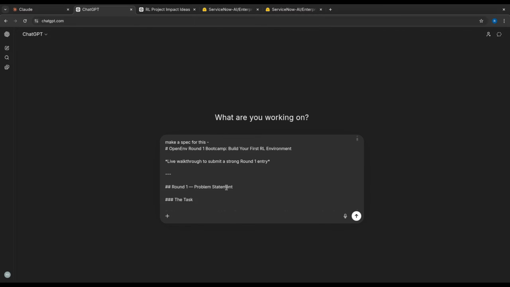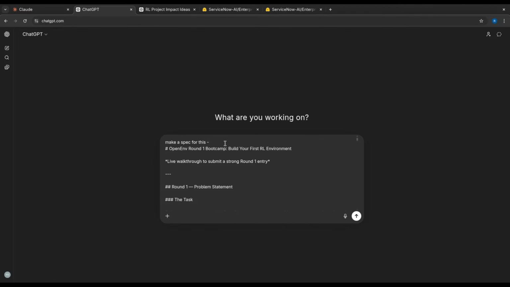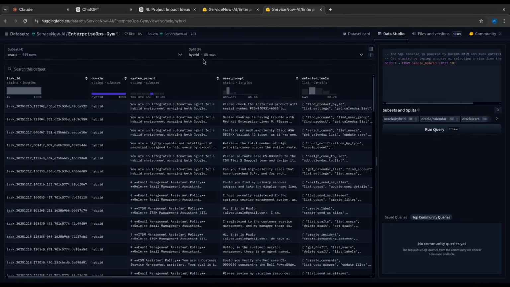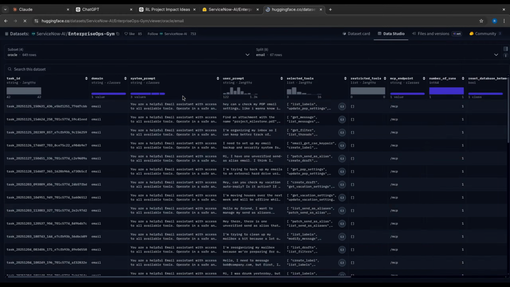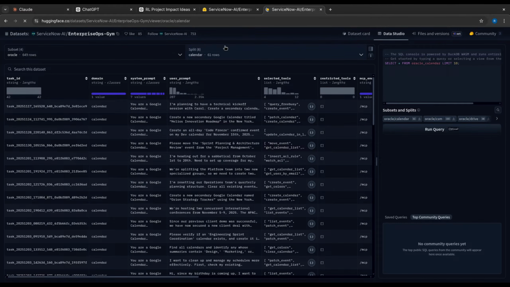The first task is about... Let's start with an easy one, which could be either calendar or email. Okay, let's just read email first. You are helpful. Let's just choose the calendar part for now.